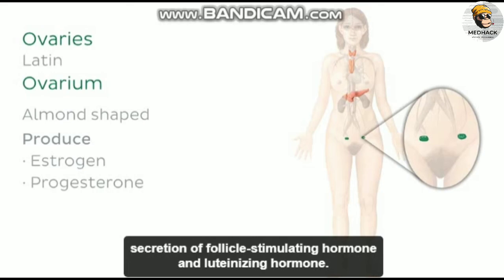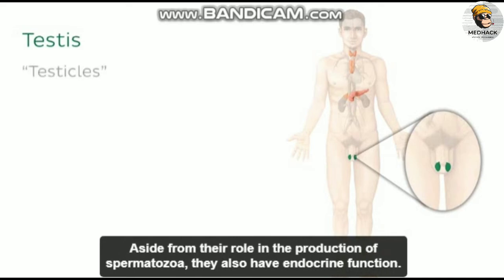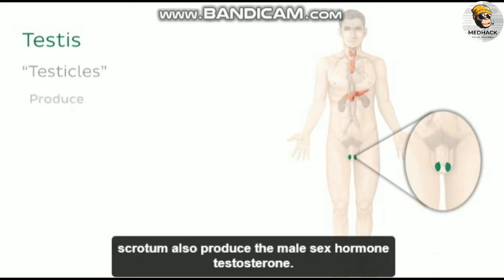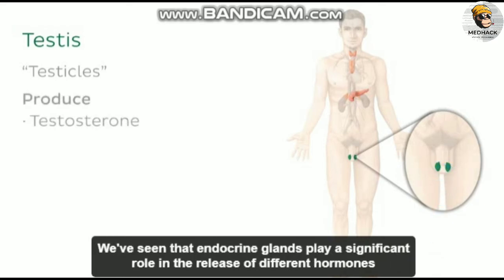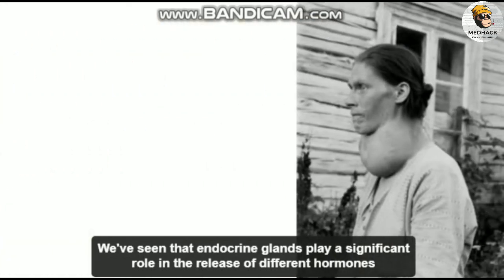hormone. Analogous to the ovaries in females are the male gonads, which are the testes or the testicles. Aside from their role in the production of spermatozoa, they also have endocrine function. The testes, which hang in suspension attached to the spermatic cord and are housed in the scrotum, also produce the male sex hormone testosterone. We've seen that endocrine glands play a significant role in the release of different hormones essential